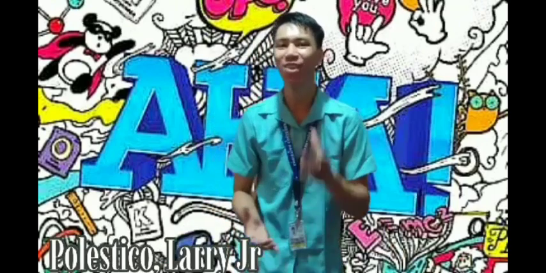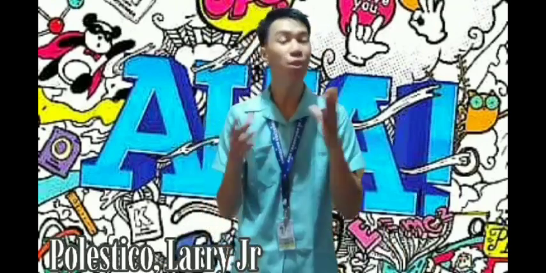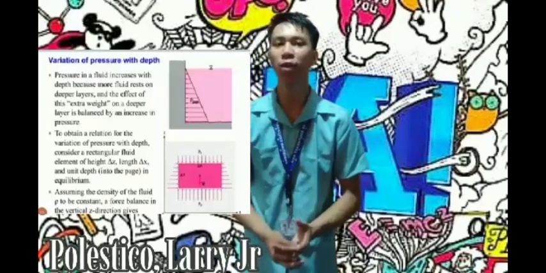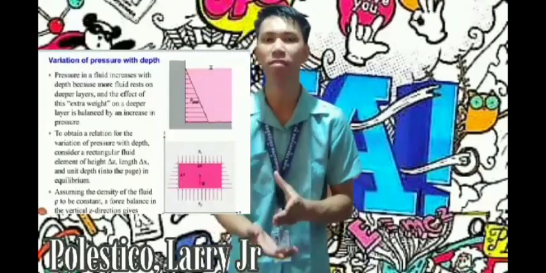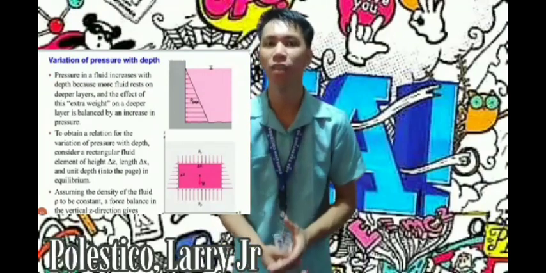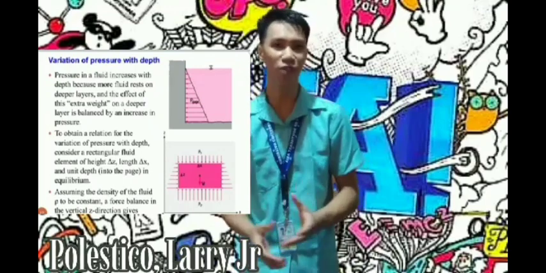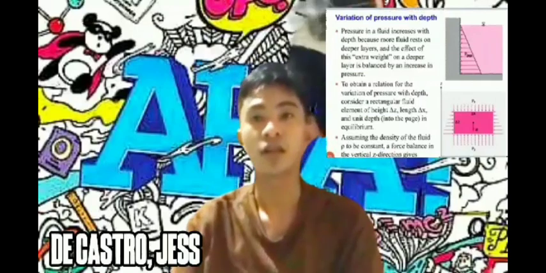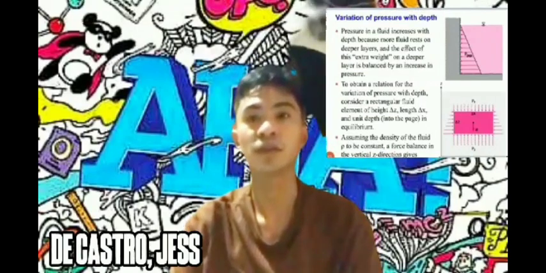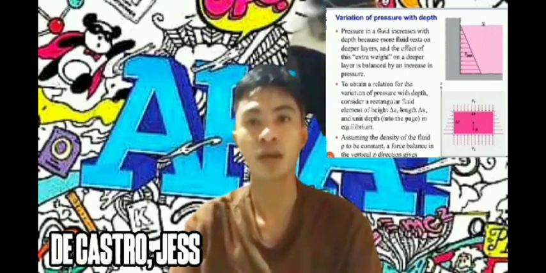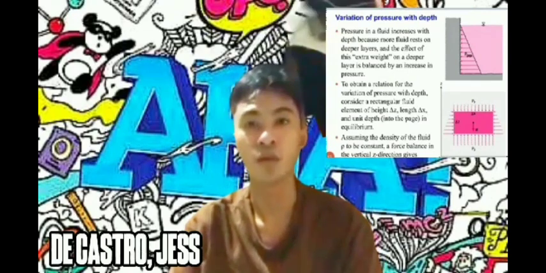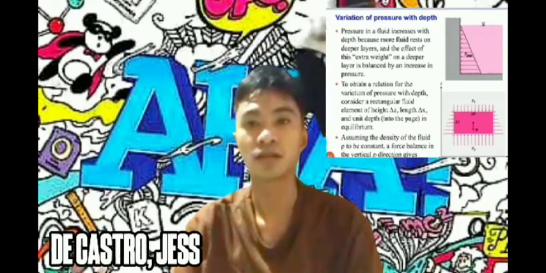Wow, good job! And now let's talk about variation of pressure with depth. Pressure in a fluid increases with depth because more fluid rests on deeper layers, and the effect of this extra weight on a deeper layer is balanced by an increase in pressure. To obtain a relation for the variation of pressure with depth, consider a rectangular fluid element of height delta z, length delta x, and unit depth into the page in equilibrium. Assuming the density of the fluid rho to be constant, a force balance in the vertical z direction is